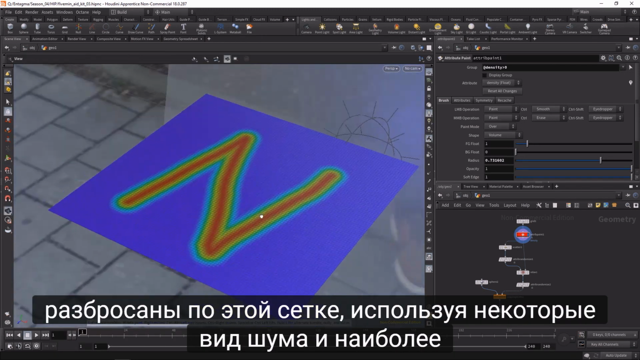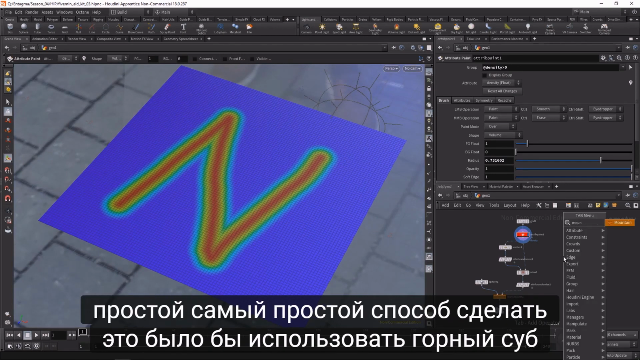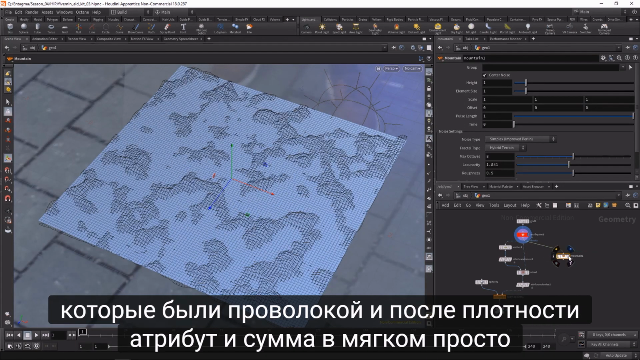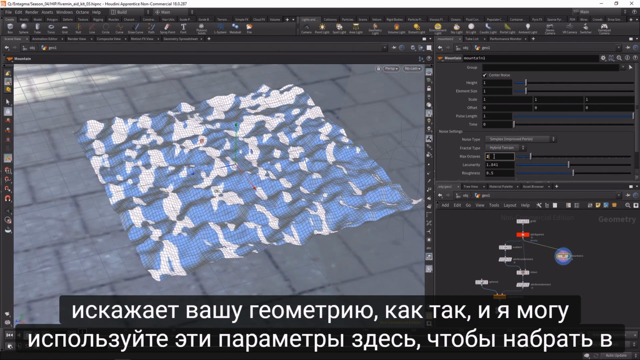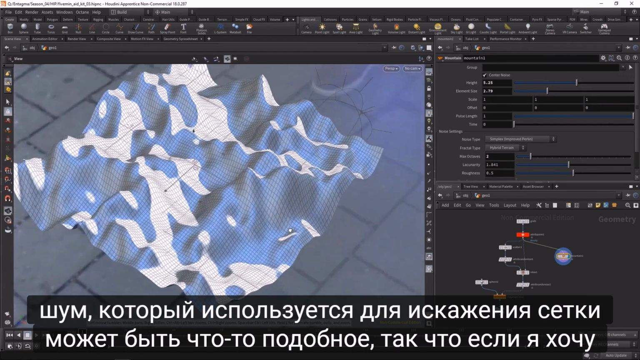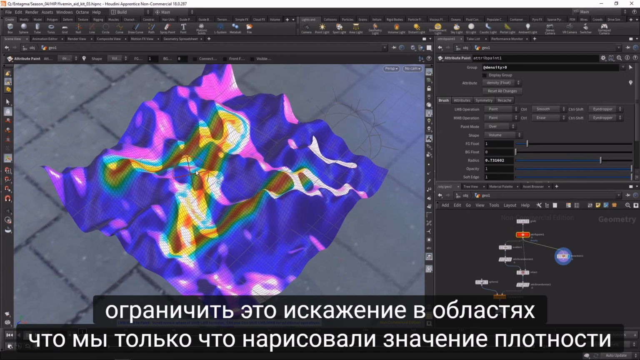And the most straightforward, easiest way of doing that would be to use a mountain sop, which will wire in after the density attribute. And the mountain sop just distorts your geometry, like so. And I can use those parameters here to dial in the noise that is used to distort the grid, maybe something like that. So if I want to limit this distortion to the areas where we just painted the density value in here,